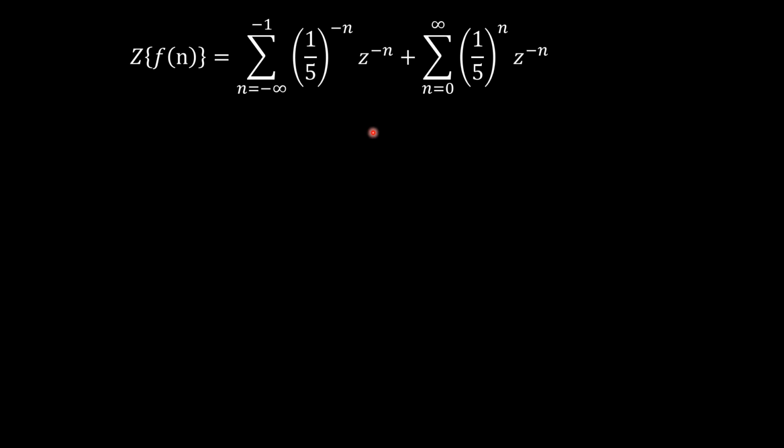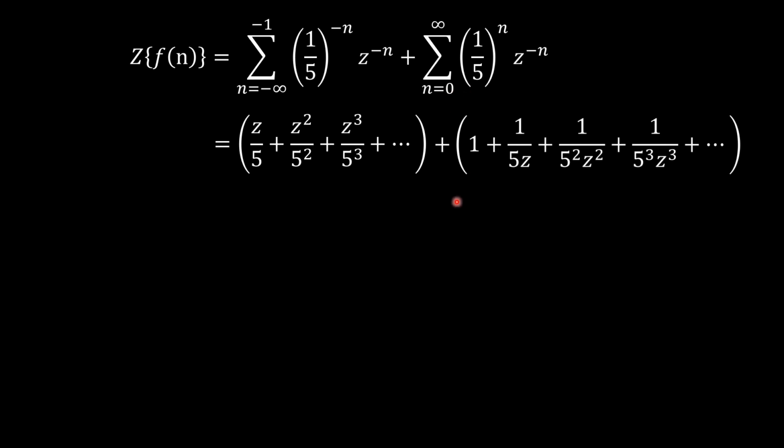Now put the values of n one by one in both the summations. For the first one, if we put n equal to minus 1, then minus of minus 1 will be 1, and z raised to minus of minus 1, so z upon 5, plus, if we put n equal to minus 2, it will be z squared upon 5 squared, plus z cubed upon 5 cubed, plus so on. And for the second summation it will be 1 plus 1 upon 5z plus 1 upon 5 squared z squared